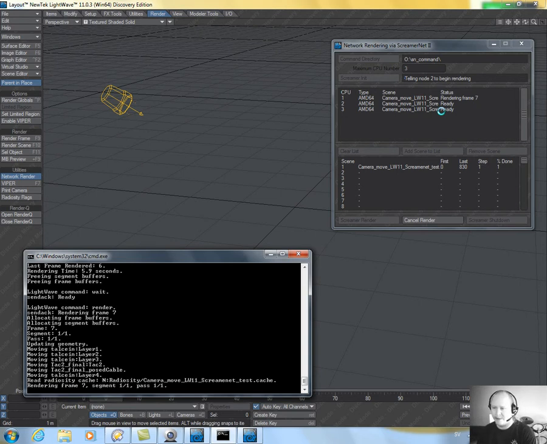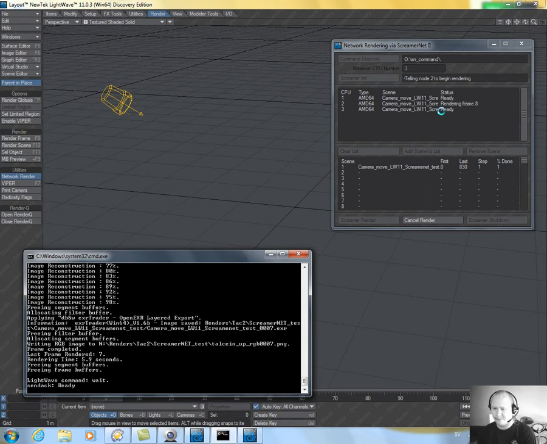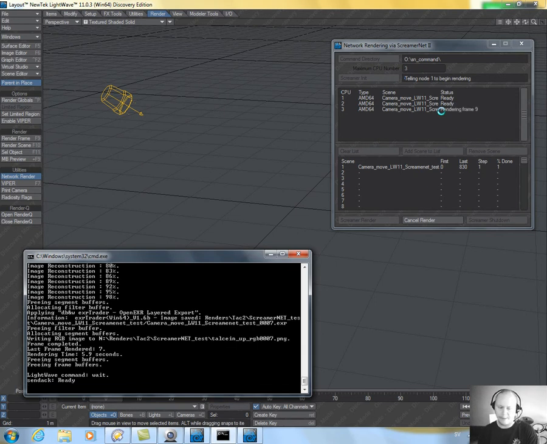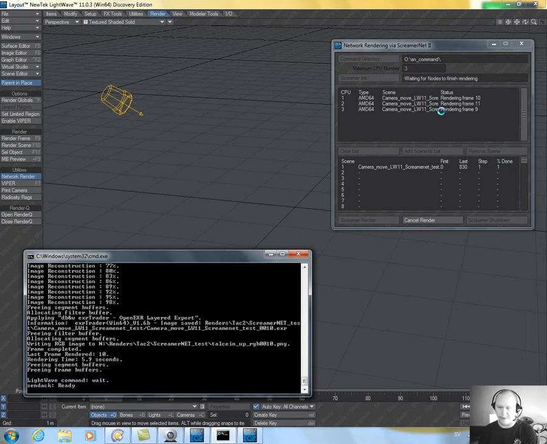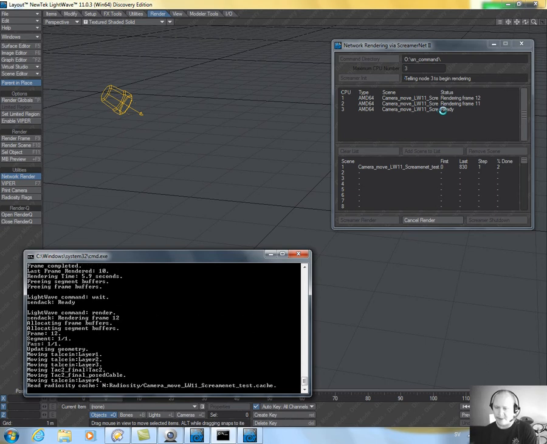So of course I have another project that I would like to render with this setup. So of course I need to use package scene for that content as well, to bring it into this ScreamerNET setup that I have created. So while this stuff is rendering,